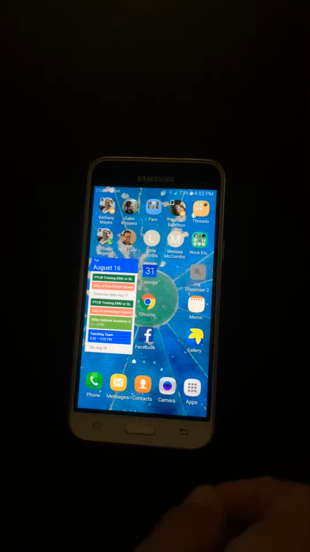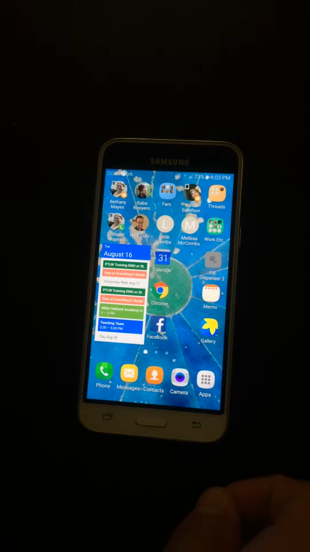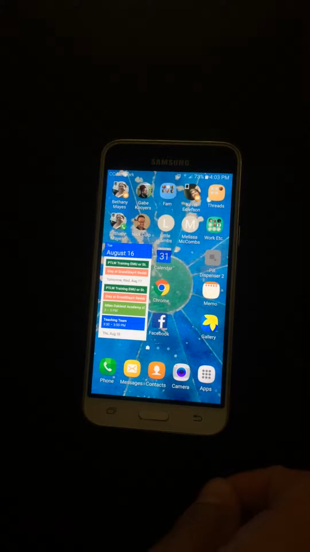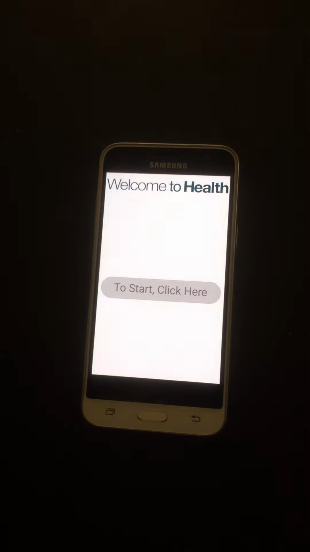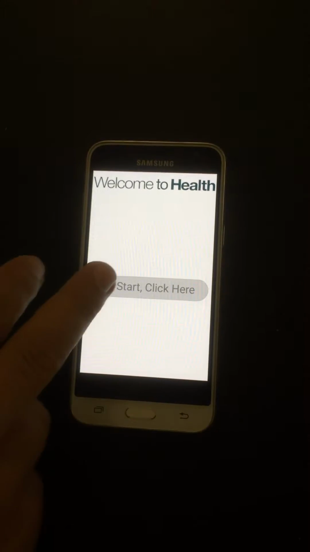This is a demonstration about how the user graphic interface of the pill dispenser system should work. This is an app that was created just to demonstrate how the system on the prototype will actually work. So I open up the user graphics interface and it asked me to click here to start, and it asked